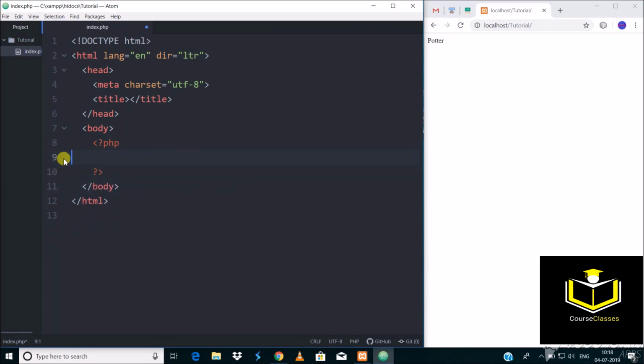Next, let's create a script for the array_rand function for an associative array.